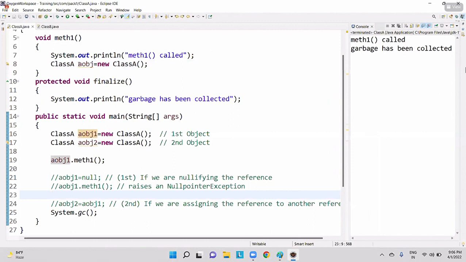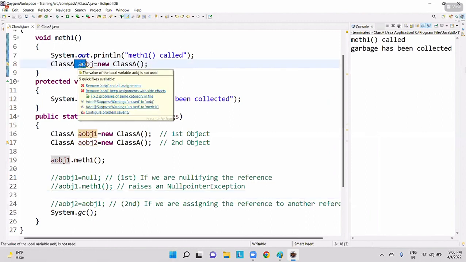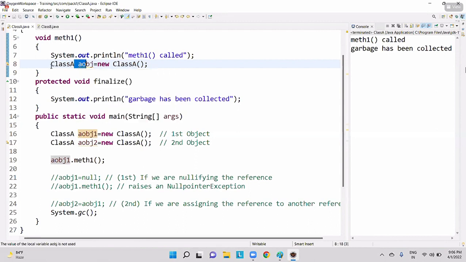Sir, it is a referenced object. Yes. Even though it is a referenced object, guys, every object present inside a method will be destroyed. This is one of the super power of Java. It will be taken care by the garbage collector only.